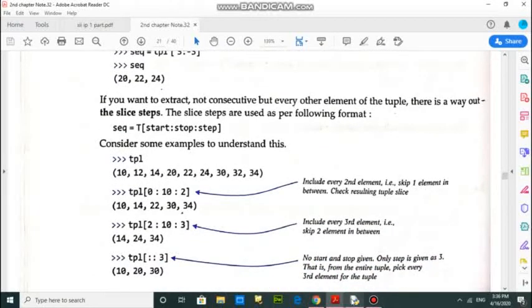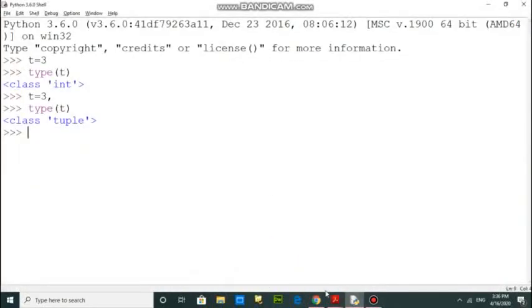For example, just suppose that this is the tuple t1, and here I am storing some content.